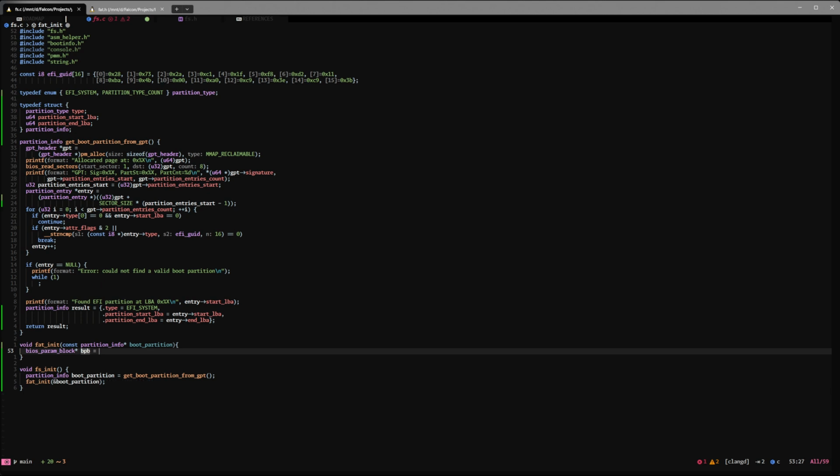And here we are going to basically allocate a bit of memory. So BIOS param block pointer, and here we are going to call PM